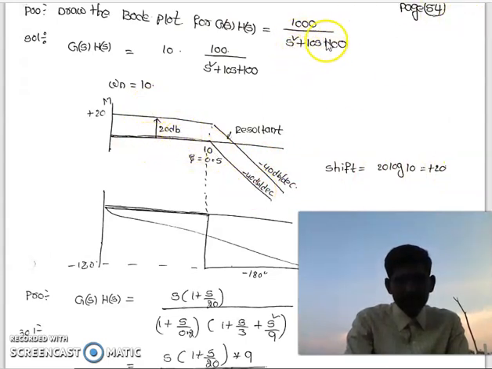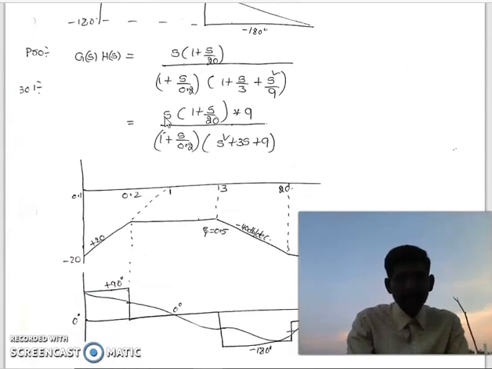We are not having any poles and zeros at origin, so the initial slope is 0. After that, at corner frequency 10, two poles are present, so minus 40 dB per decade. Zeta equal 0.5. Now the shift is 20 log 10, that is plus 20 dB. If you shift this curve by plus 20 dB, this is the resultant Bode magnitude plot. Similarly, the angle also we need to draw. Combined, we will call it the Bode plot for the complex function.